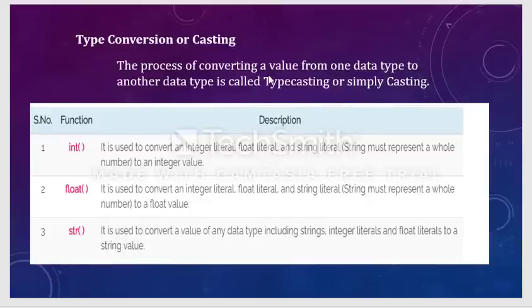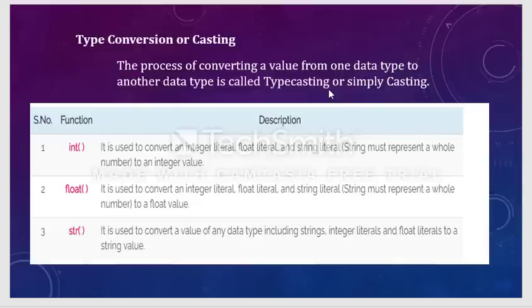The process of converting a value from one data type into another data type is called typecasting. So as we all know the definition. Integer type is converted into float, float is converted into integer. These things are called typecasting, or simply casting, or type conversion. Typecasting and type conversion are both the same. In Python especially, we use these three specific functions: int, float, and str, string. These specific functions are used to convert the values into different literals.